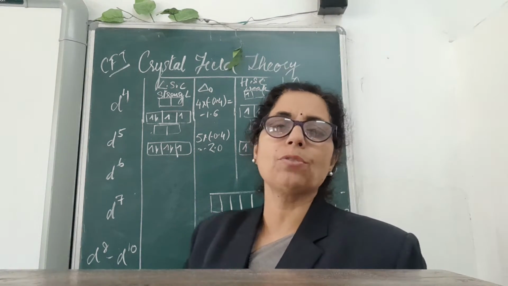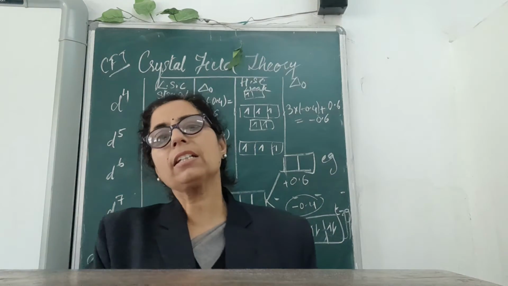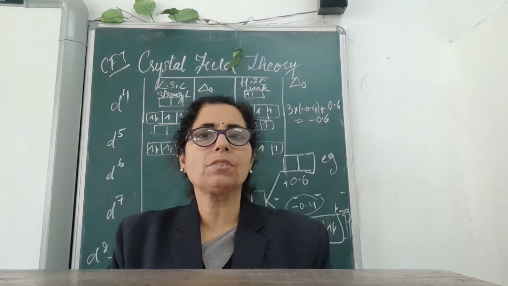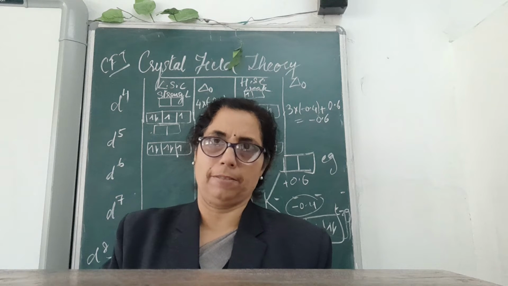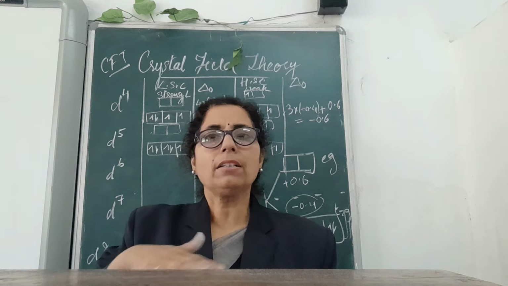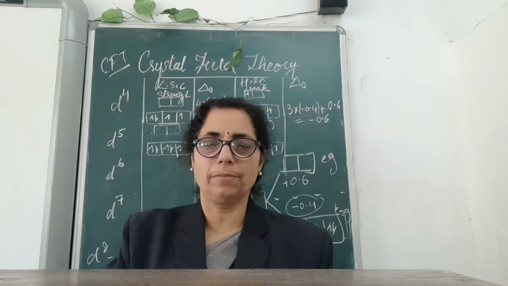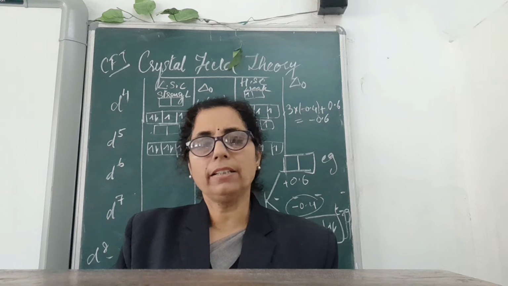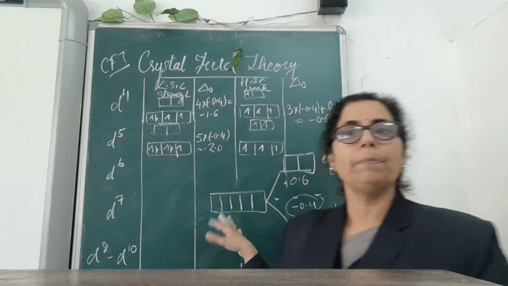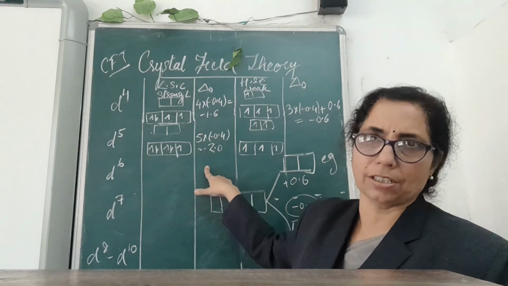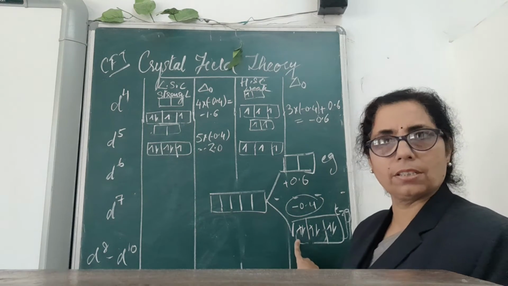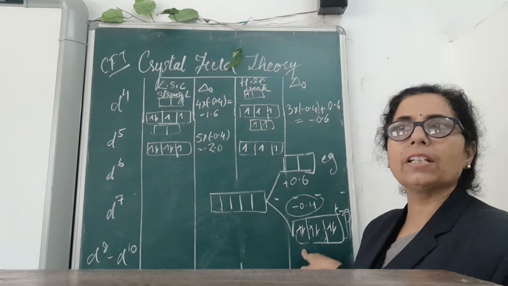Once again, I will try to make it more clear to you, dear children. Crystal field theory tries to tell us which orbitals the electrons are going to. The d orbital has been divided into 2 parts, a lower energy level and a higher energy level. With this, it says that the electrons going to the lower energy level will depend upon the type of ligands attached. Along with this, when the electrons get excited, we can also talk about the color.